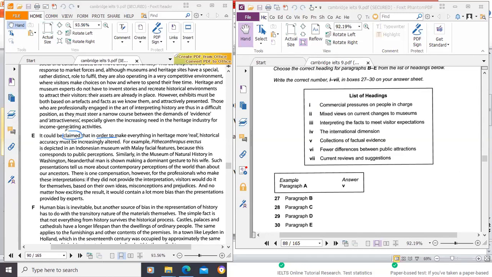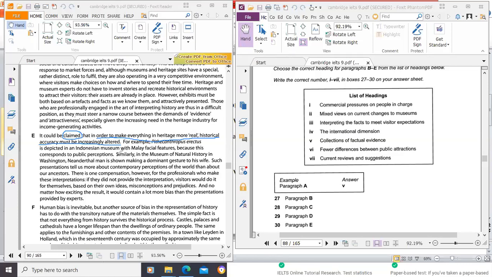There's a claim. A claim could be a view, suggestion, and all that. In order to make everything in heritage more real, historical accuracy must be increasingly altered. Okay. And they move on to example, and so on. So there is a claim, it could be claimed that all these things need to be altered. Okay. Then they move on to say that